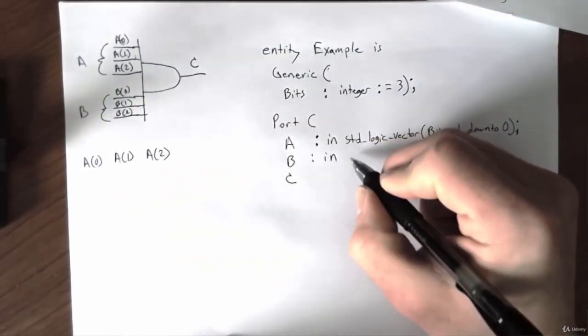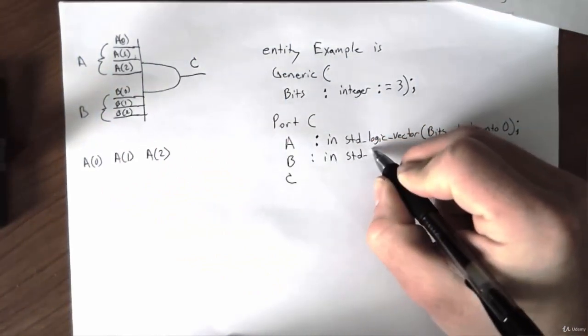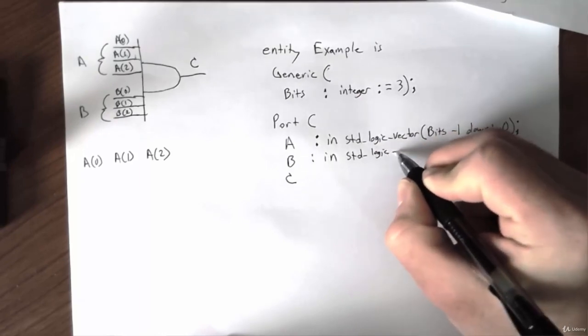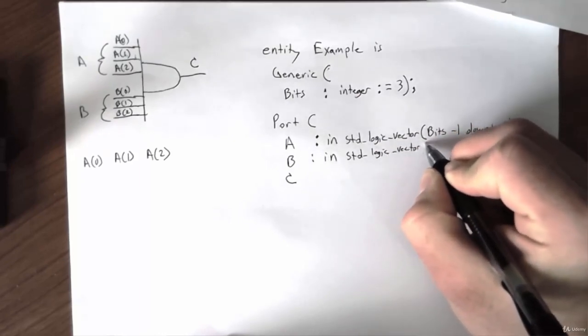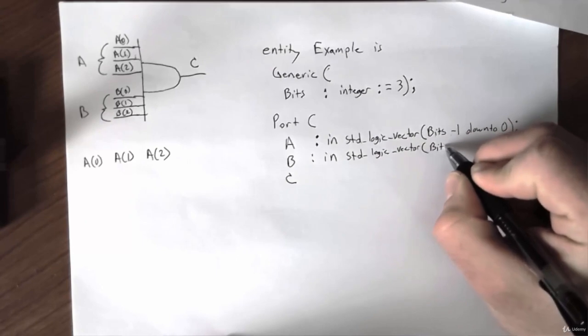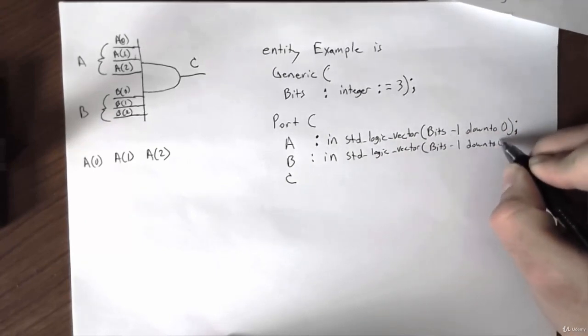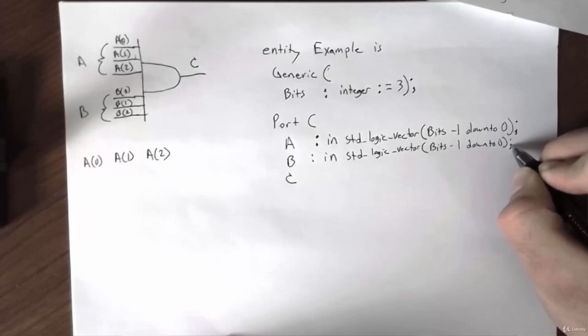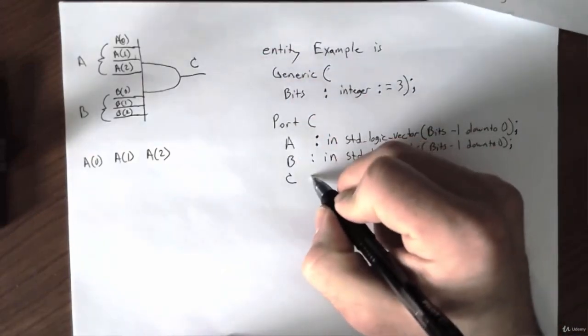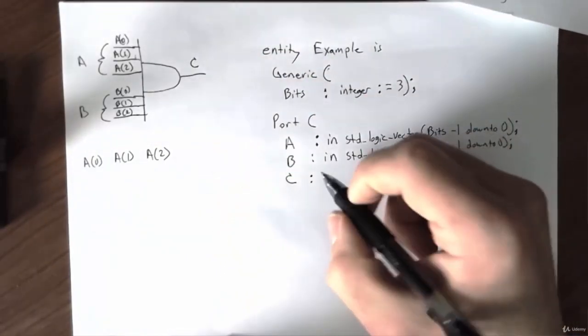We'll give our B, make it an input, and it'll be the standard logic vector. And we're going to make it the same width. So it's going to be bits minus 1 downto 0, and make the semicolon. Now our C is the output, and it's still going to be a 1-bit output, so